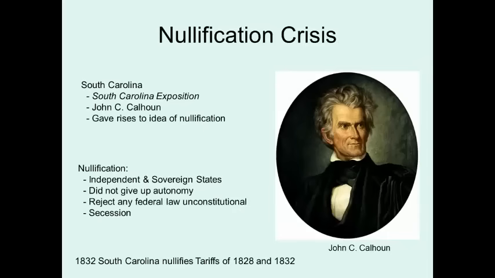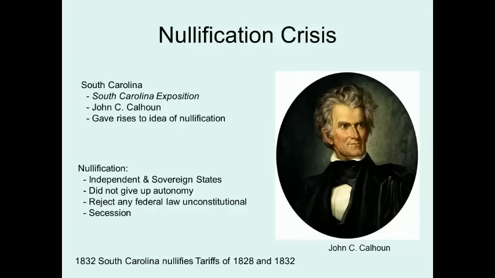The South, particularly South Carolina, is going to be furious over this tariff. And eventually, South Carolina is going to hold a conference. And from this conference, there's going to emerge a document called the South Carolina Exposition, which was written by John C. Calhoun. John C. Calhoun happens to be the vice president under Andrew Jackson. So these two are actually going to have a major falling out. Andrew Jackson's never going to forgive him once he figures out that Calhoun wrote the South Carolina Exposition. In any event,